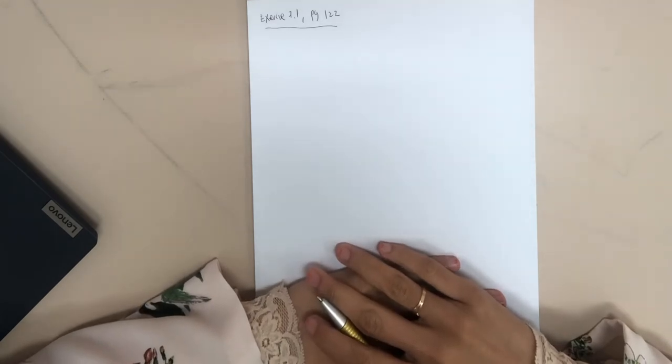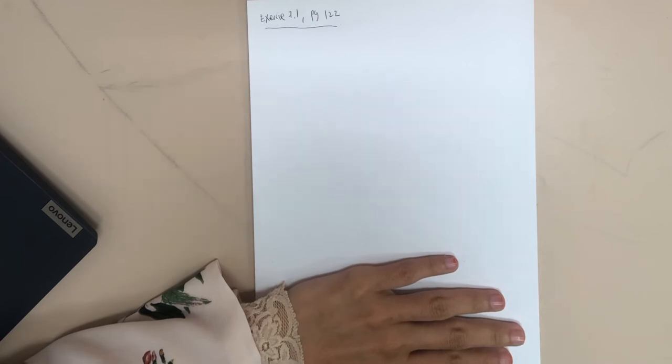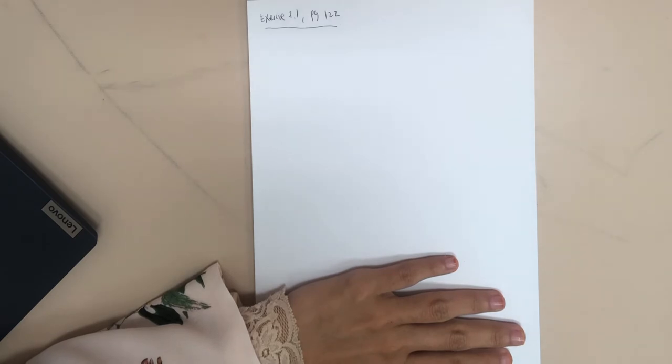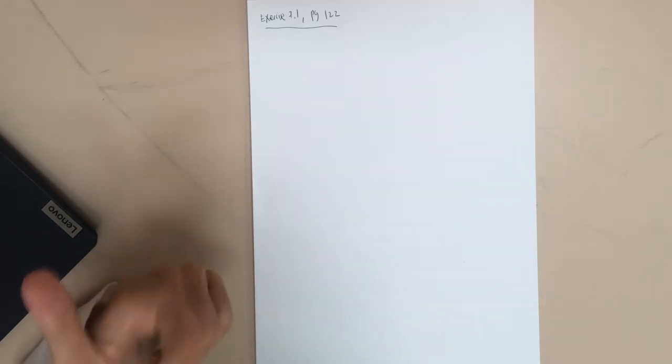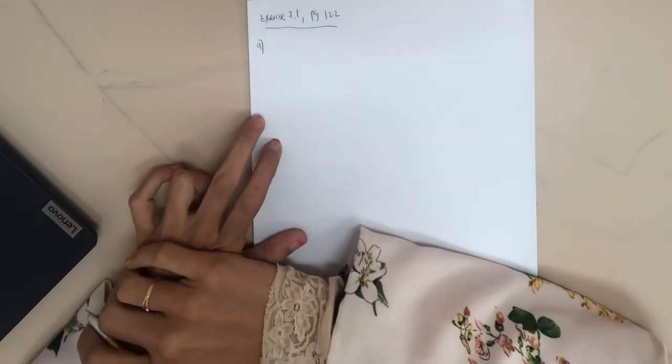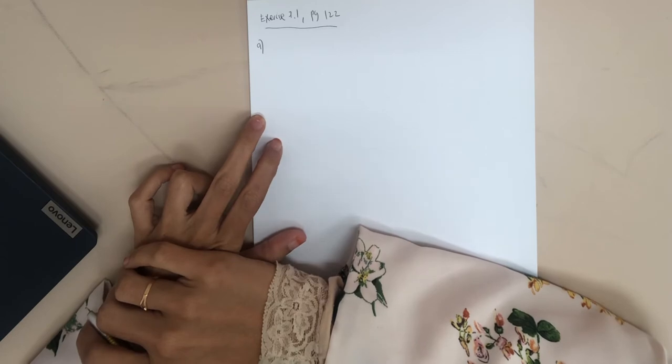So write the null and alternative hypothesis for each of the following. Determine if each is a case of a two-tail, a left tail, or a right tail test. So the question asks you to identify whether the situation given here is a left tail, right tail, or two-tail test. Okay, so the first one is A: to test if the mean CGPA for all UTAM students is more than 2.7.